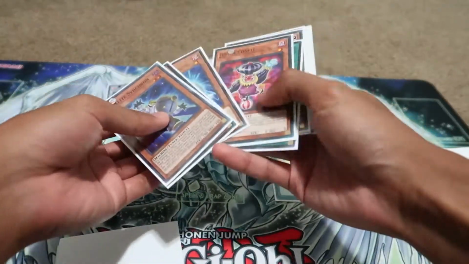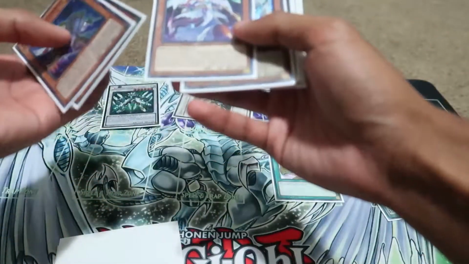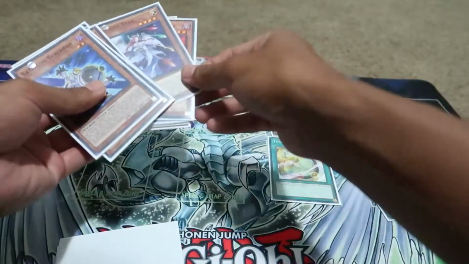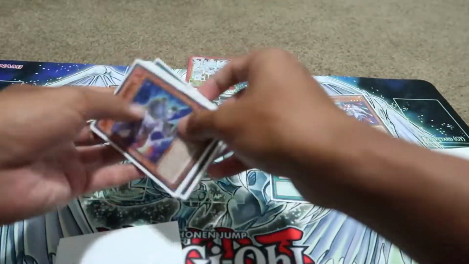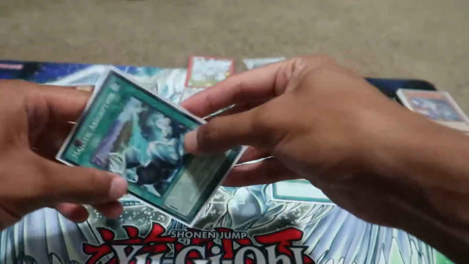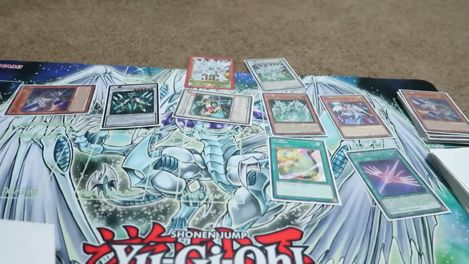Because tributing that will activate the effect of Stardust Synchron. And because something was tributed, Stardust Trail comes out. And because something was special summoned from the graveyard, there's that. So from there...